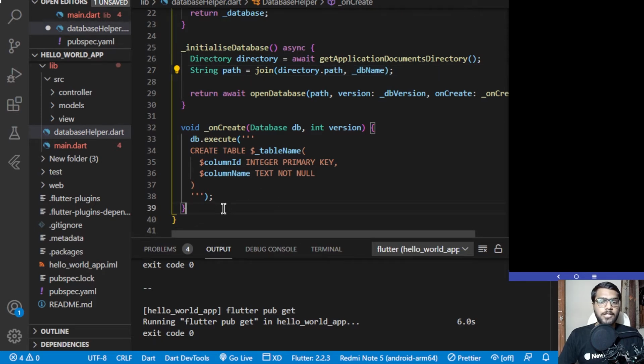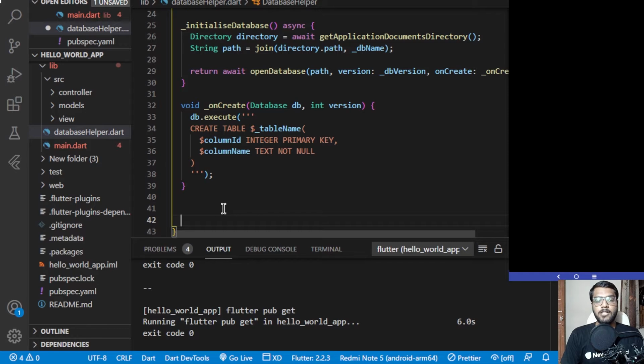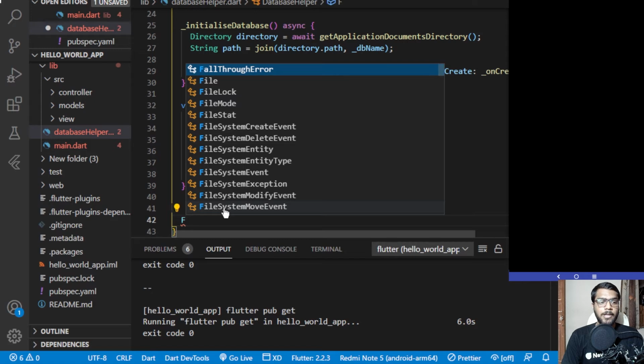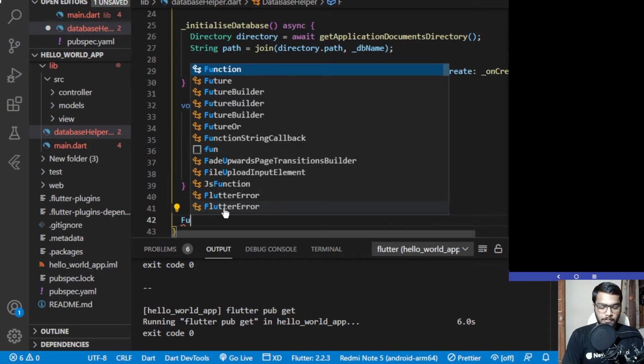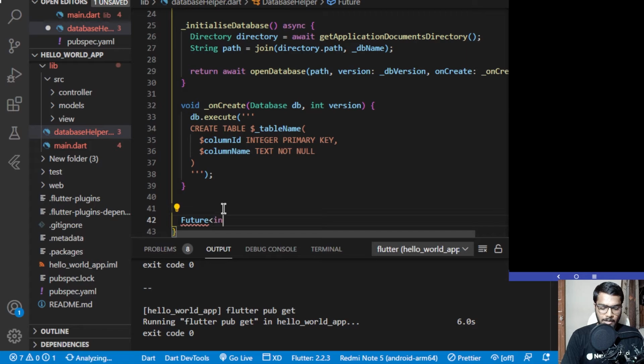So at first we need to perform the insert operation, or we need to make the insert command run. For that we'll be creating a new function with the name of insert, which will be of type Future and will have a return type of int. As every time we perform an operation on the database, most probably it will provide us with an integer output unless it is a query operation. A query operation provides us with list or map data, else we are provided with integer outputs of the rows which are impacted or the data which has been updated and stuff like that.